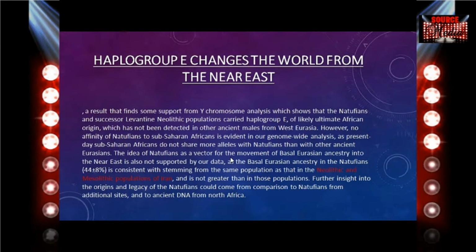Now, we just finished showing how the link between them is the Taforalt sample. We just finished showing that, but they're making it seem like there's no genetic connection at all. That's why you have to be careful when you're reading this. As present-day Sub-Saharan Africans do not share more alleles with Natufians than with other ancient Eurasians. So that doesn't mean that there's no connection. That means the connection isn't as close directly between Natufians and Sub-Saharan Africans as it is with them and other Eurasians,